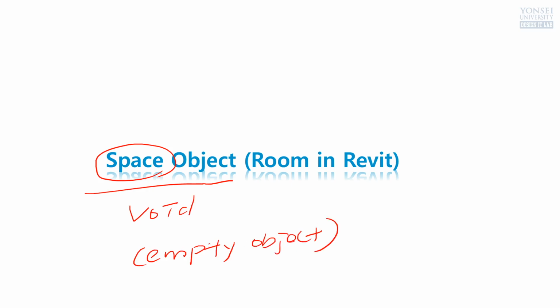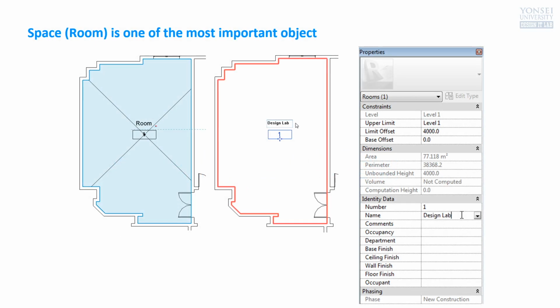I can tell you there is another one, the space object. This is void. In other words, an empty object. It's empty, void, not visible, but a very important object that I mentioned before. So this is the room object in Revit. Space object, because this is very important